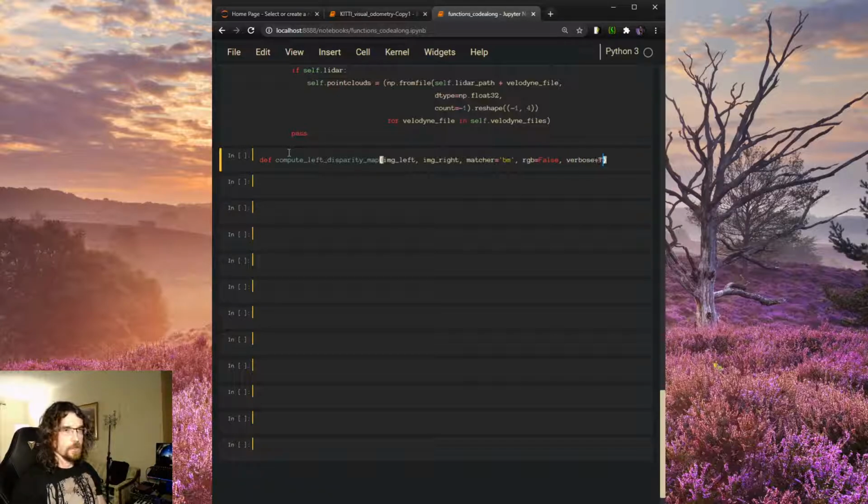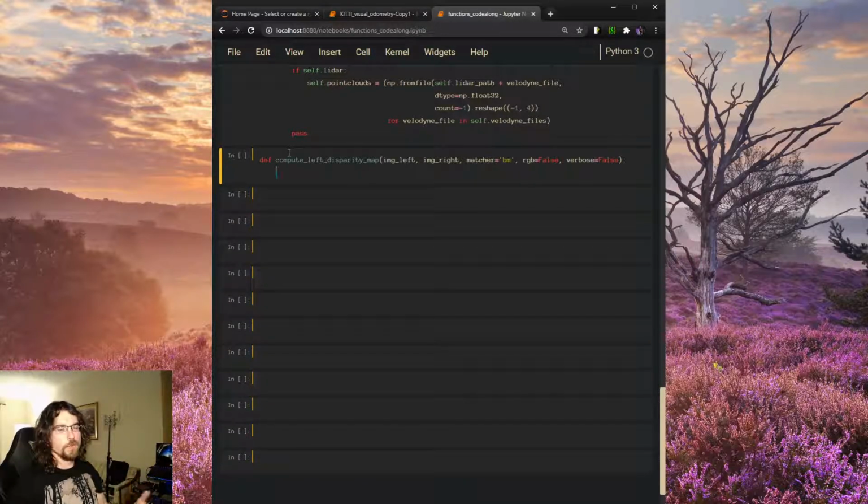I always like to include a verbose flag in my functions, because sometimes I want to diagnose what's happening or how long something's taking in my function, then I can set that to true. I'd rather usually have it on false though. And so that way, once we start using this in a giant loop, because there's 4,500 frames in our first sequence that we'll be using, we don't want it to be reporting whatever's happening inside of this function 4,000 times. And then RGB is false because we're going to be using grayscale pictures,